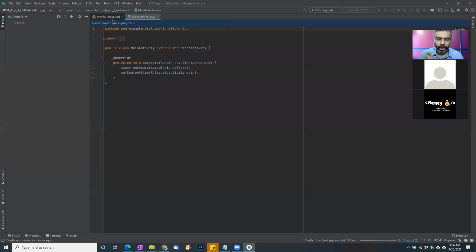The actual logic behind the operational activities, events, and management of data is done through Java. So technically you would be using two different languages, one called XML, one called Java. Using XML, we design the Android. Using Java, we control the design. We provide the controlling events, data processing, and all the basic operations. I will show you how you do that. So there are two files for that particular purpose.